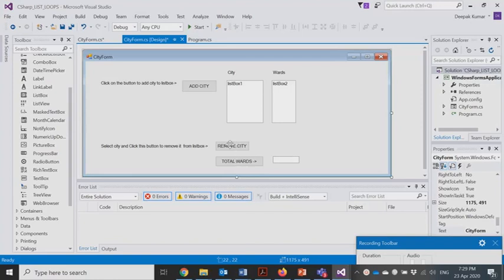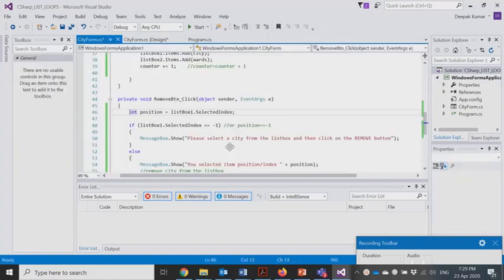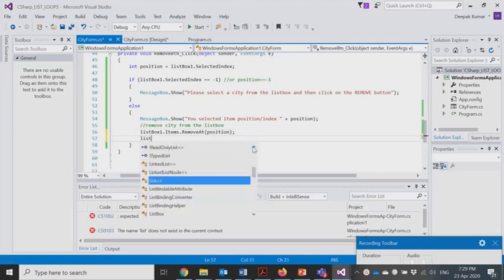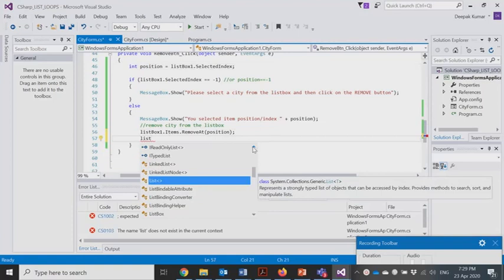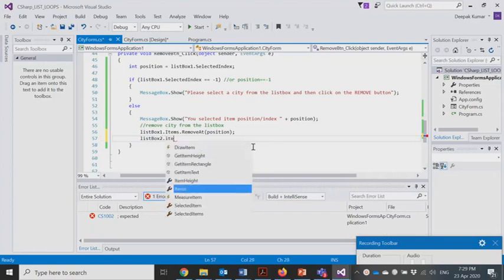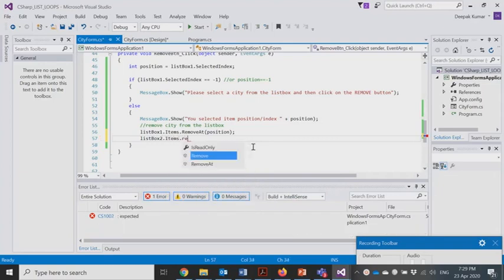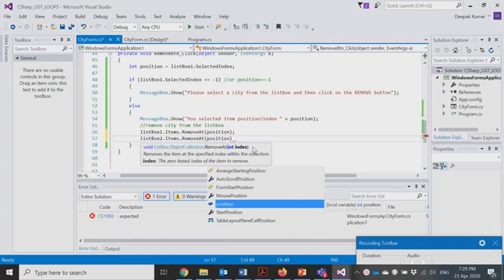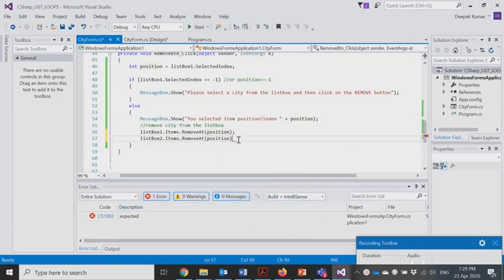So first thing is, in the remove city button that we had here, we were removing that item from list box 1, but we were not removing the item from list box 2, the number of wards. So obviously we'll have list box 2 dot items dot remove, and the same position variable will be used to remove a particular item from that position.